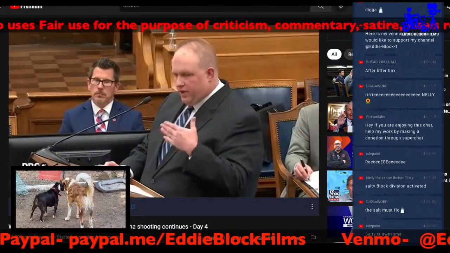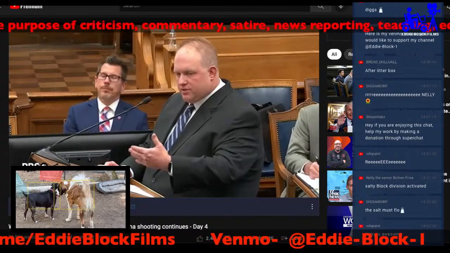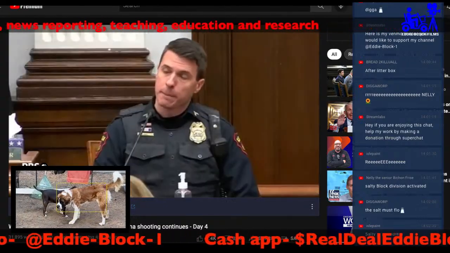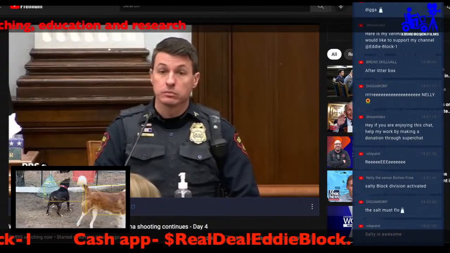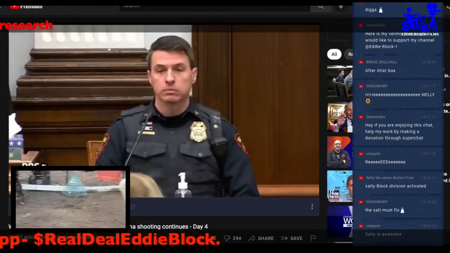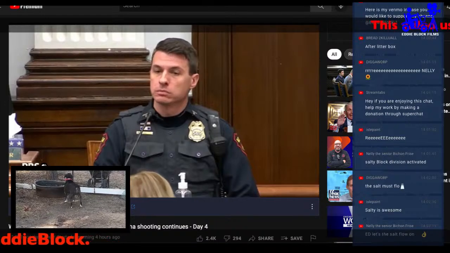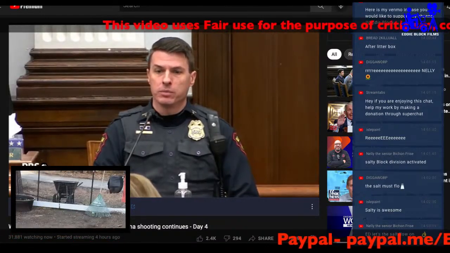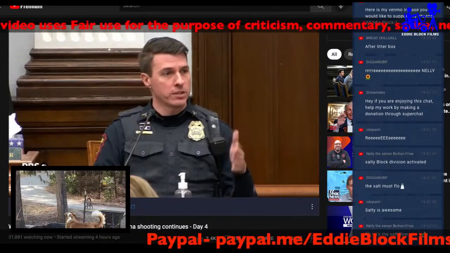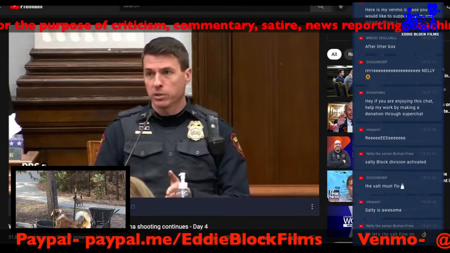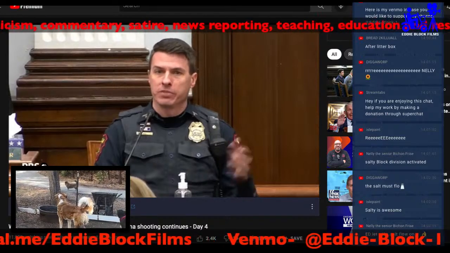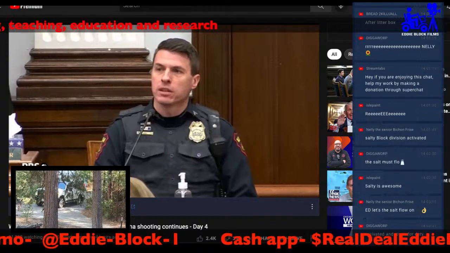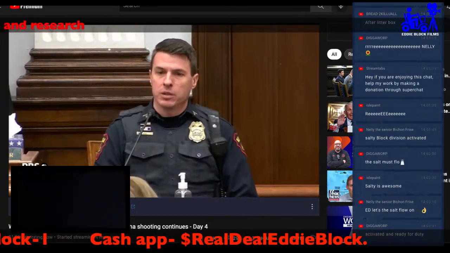So you were waiting for the Bearcats, as they're sometimes called, to go past you, and then you were going to follow them into the scene. That's correct. So what, if anything, happened next? The Bearcats, I believe, began to pass us on the left, so we were in the curb lane. I'm not sure how many there were, but a few Bearcats passed us. And then at that time, there was an unknown white male